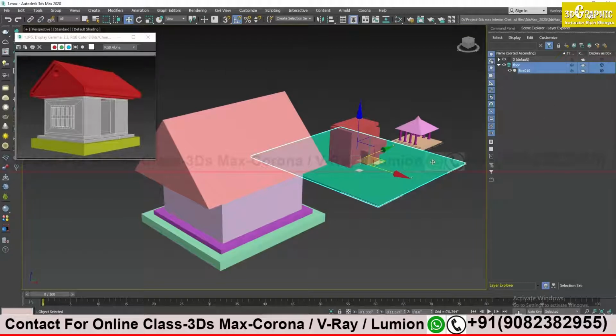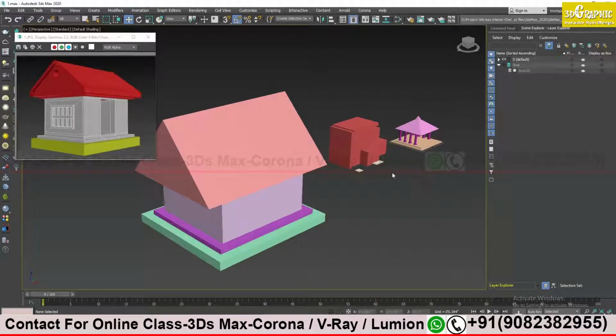Okay. Now one object came inside my layer. How to check whether this object is inside this layer or not? Simply click on the eye button over here. You see, if I turn off this eye button of floor, my model which is in floor is also hidden. So that's how we can check that it is inside this layer. Clear so far? Yeah. Try to do it by yourself because this is a very simple and basic step.